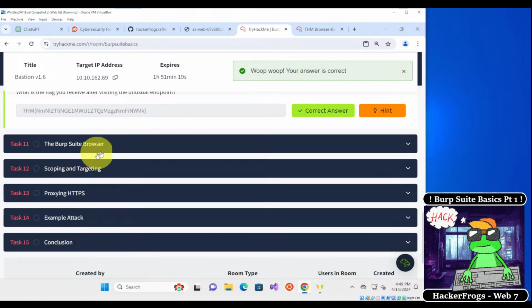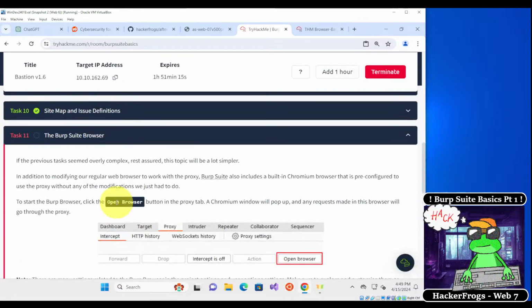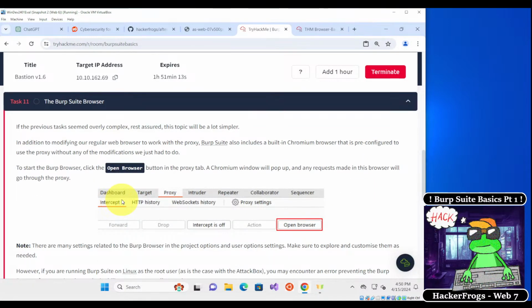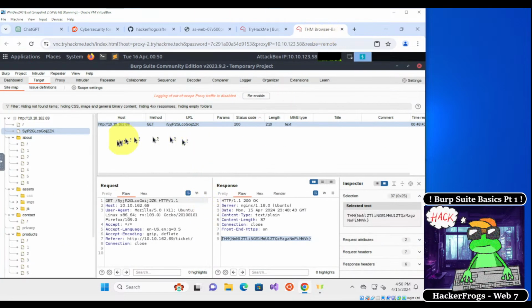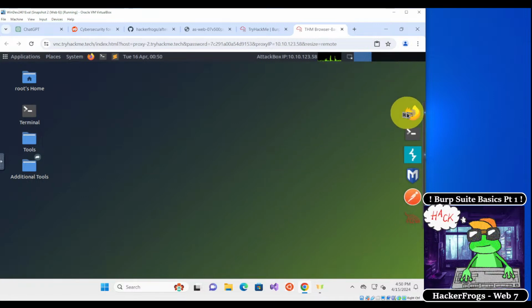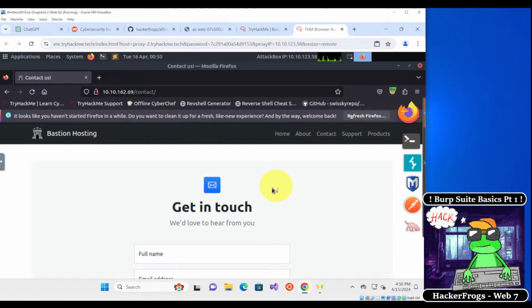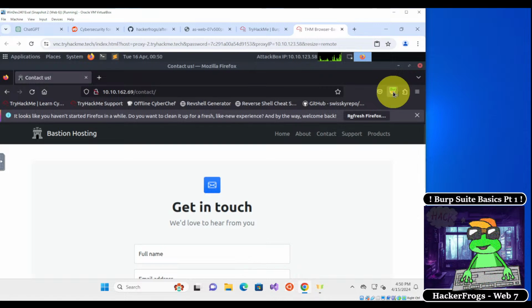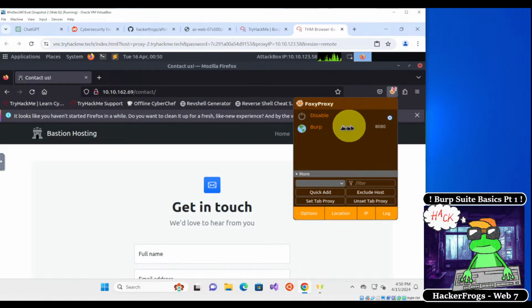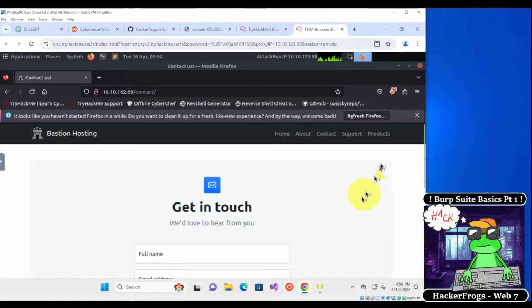Okay, so now we're going to talk about the Burp Suite browser. So this is basically the alternative to setting up the FoxyProxy on your regular web browser. So let's minimize our Burp Suite, and then go over to our web browser, and let's click on the FoxyProxy, and then click on disable. Okay, now the FoxyProxy is disabled,